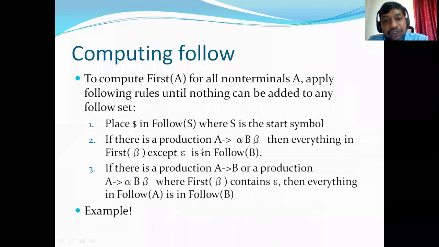If there is a production rule in the form A derives alpha B beta, then everything in FIRST of beta except epsilon is in FOLLOW of B. That is the second rule. If there is a production A derives alpha B, or a production A derives alpha B beta where FIRST of beta contains epsilon, then everything in FOLLOW of A is in FOLLOW of B. We'll apply these rules so that it will be more clear to you.